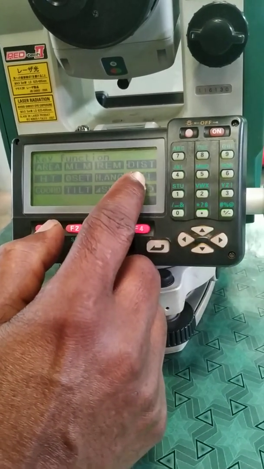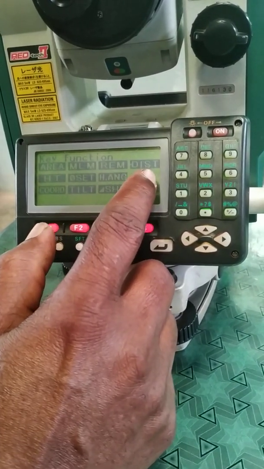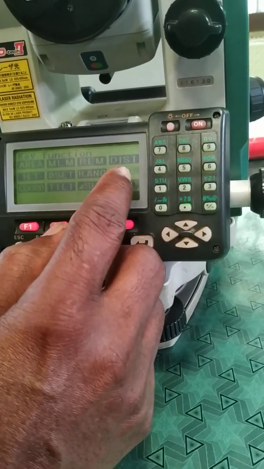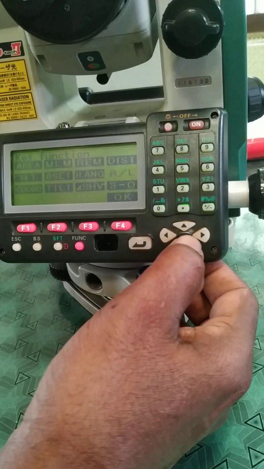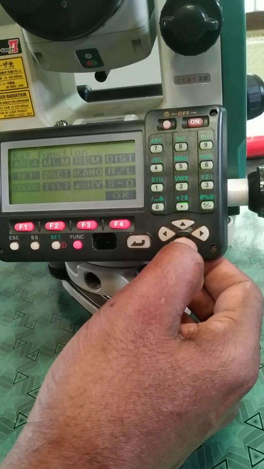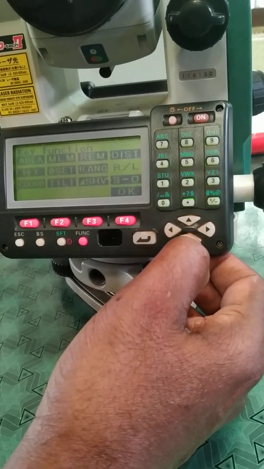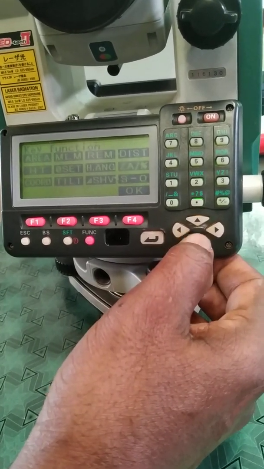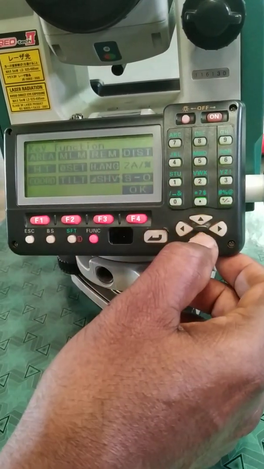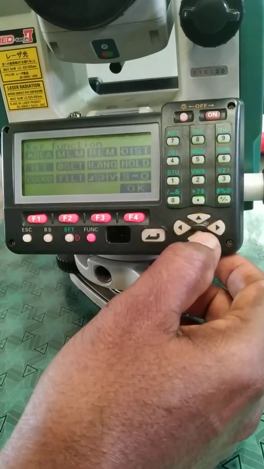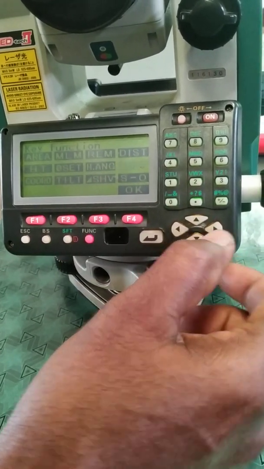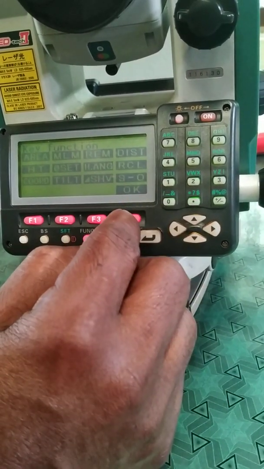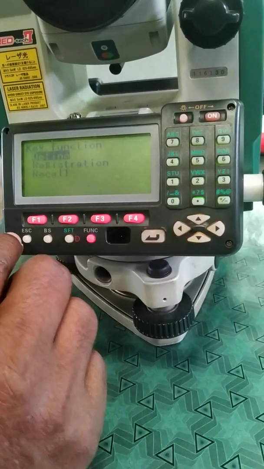You do not want reduce level here, you want some other function here, so you take this point, this reduce level, and using the bottom cursor or the upper cursor, you press this, the function changes, again press, function changed, again press, function, recall. If you want recall here, you just press OK, then going back,